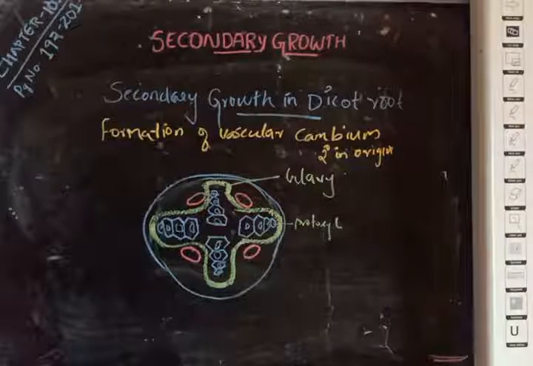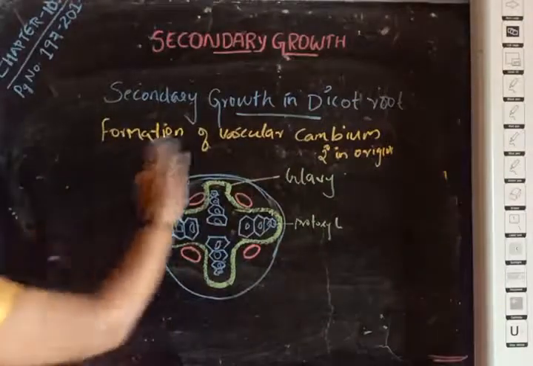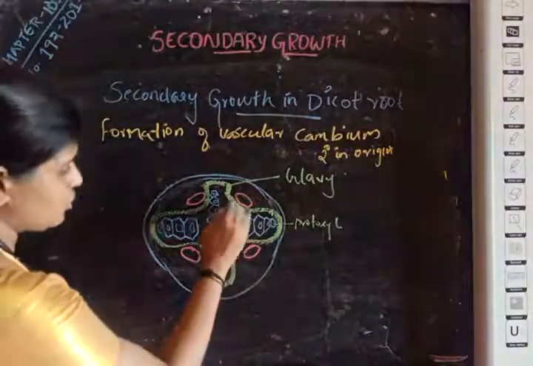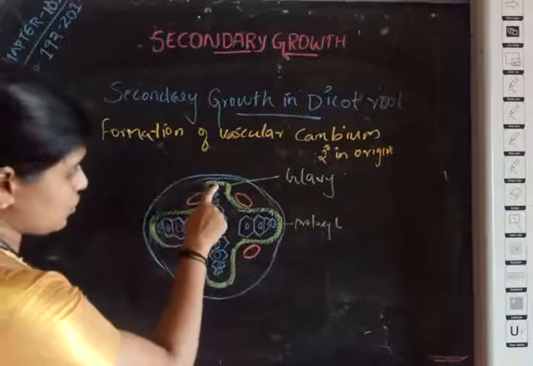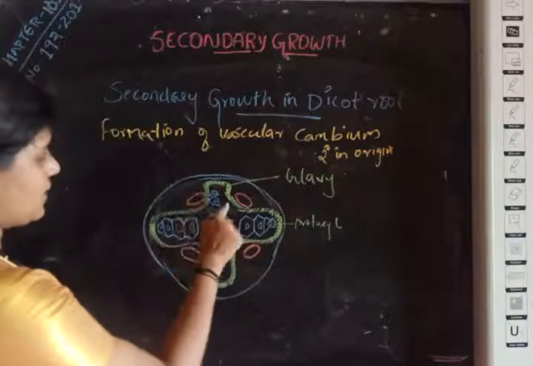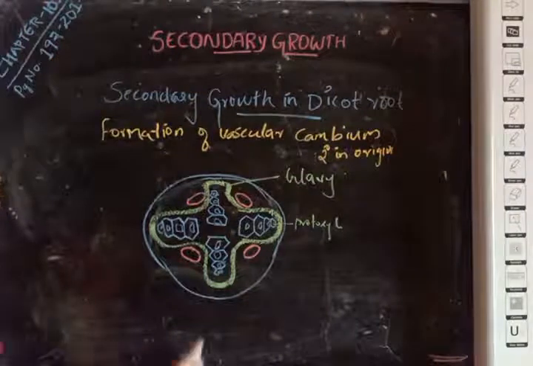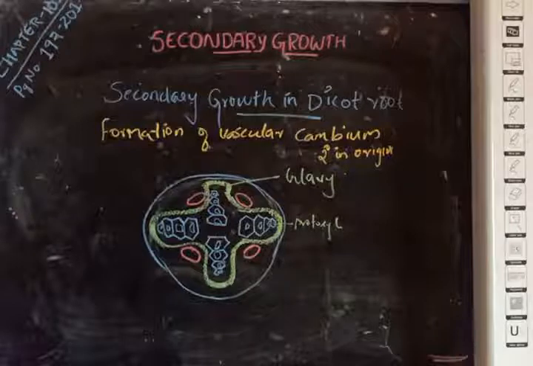So, the wavy ring later becomes circular and produces secondary xylem and secondary phloem similar to the secondary growth in stem. The only marked difference between the secondary growth in dicot root and dicot stem is the formation of vascular cambium. The vascular cambium is formed by the combination of the conjunctive tissues just below the phloem and the pericycle tissues just above the protoxylem. These tissues combine to form a wavy ring, and this wavy ring gradually becomes circular in nature, which produces the secondary xylem and secondary phloem just like secondary growth in dicot stem. All the other processes are similar to the secondary growth in dicot stem. So, these are about the secondary growth in dicot root.